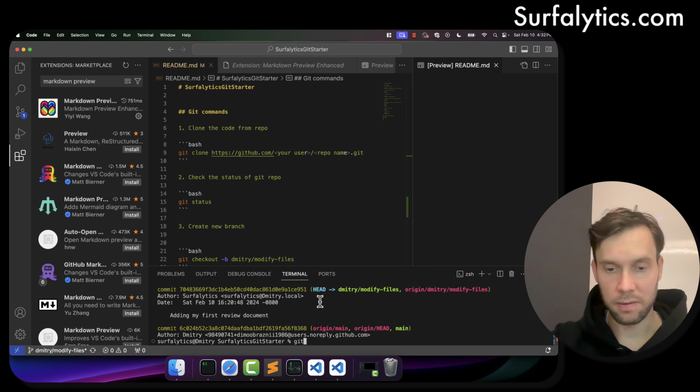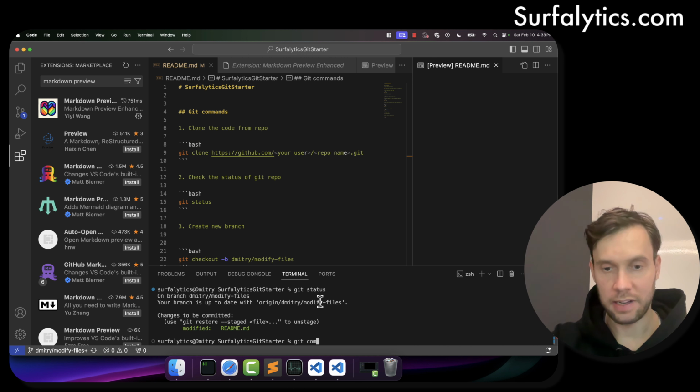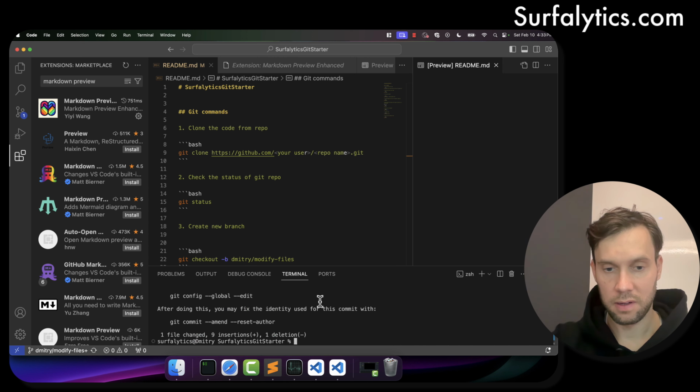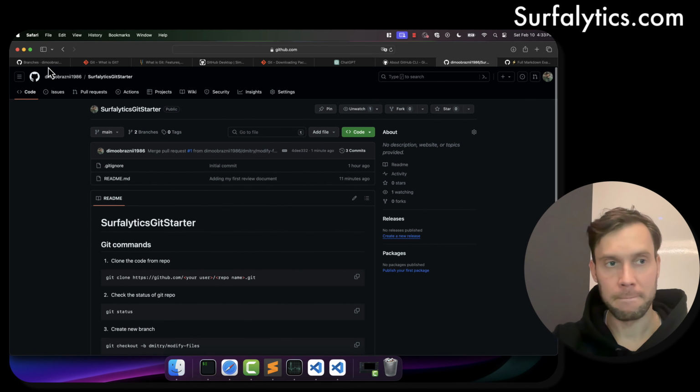What I can do is add my file that I modified. I can commit it, and I can say maybe it's the fix, and then I will do push. Because this branch now exists remotely, it pushes to the same branch. So if I go to the code and refresh the page,